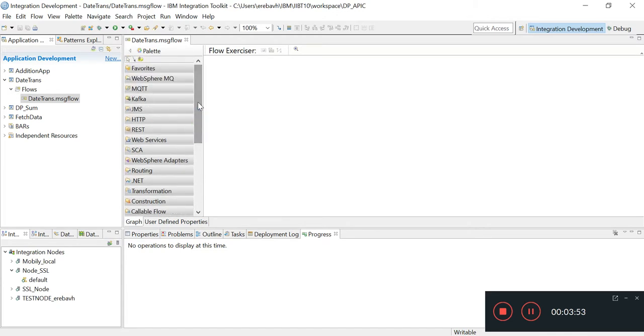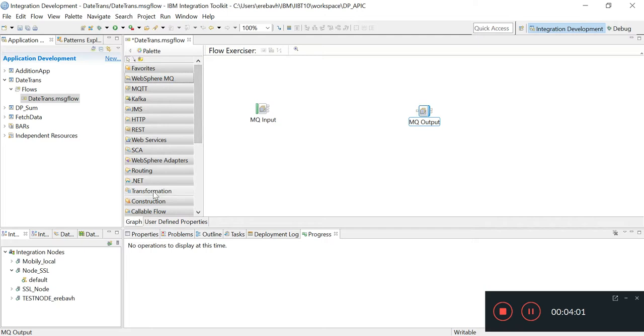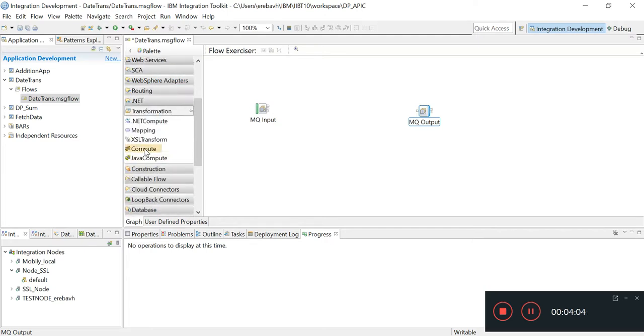So friends, we are using here an MQ input and MQ output node, and for date transformation we will use the compute node. We are not worrying about what transport protocol we are using. We just need to be concerned about what code you need to write in the eSQL.